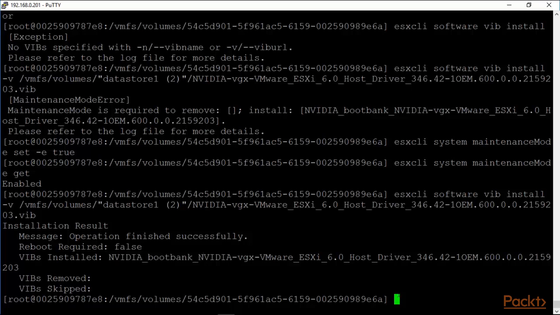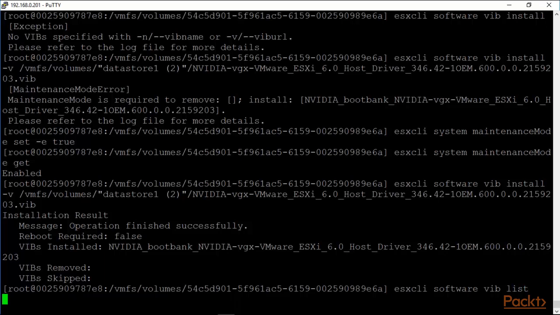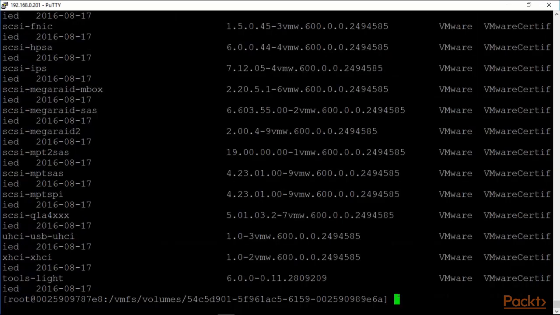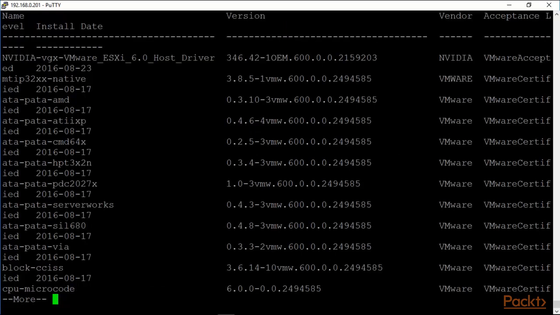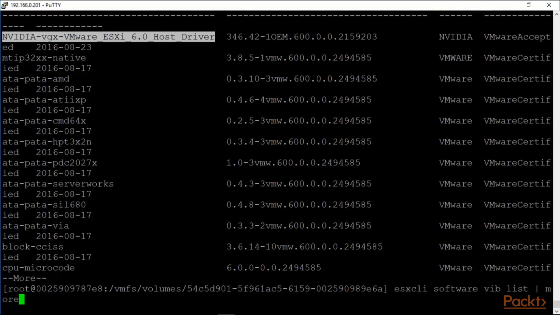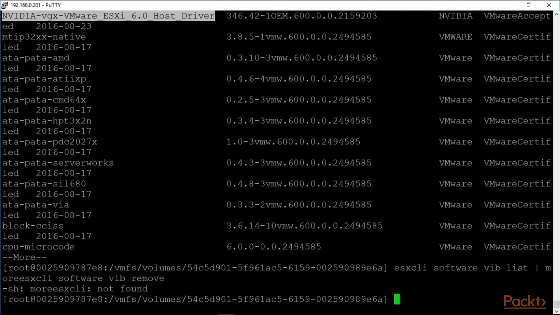We can do an ESXCLI software vib list, and we should actually do it with a pipe to more. So I retrieve it, and you will see the VIB up here at the top. Now I have selected it for one reason, which is that I want to now show you how to remove it. ESXCLI software vib